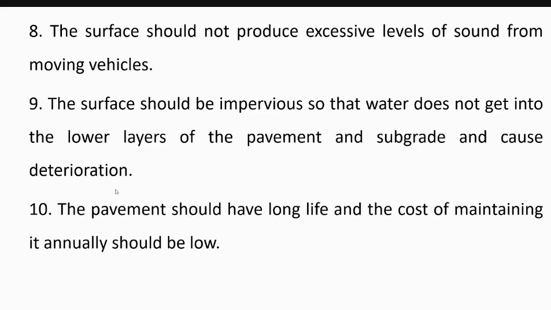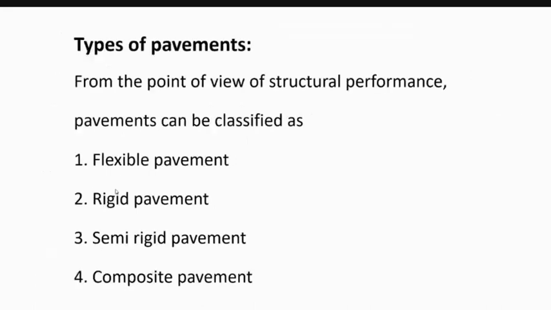With the annual maintenance, that can be maintained, and the overall maintenance cost should be as low as possible. It may be flexible or rigid pavement. Whatever pavement you'll be designing, its maintenance cost should be less. Then coming to types of pavements, most of you will be aware of flexible and rigid pavement. And one more is there, that is semi-rigid pavement. And the next one is composite pavement.